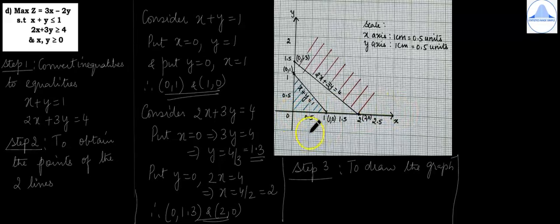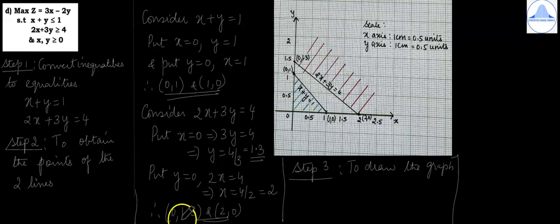On the x-axis I have taken 1 centimeter as 0.5 units. So first 0, then 0.5, 1, 1.5, 2, 2.5. Then on the y-axis also I have taken 0.5, 1, 1.5 and 2. So mark the first point (0, 1), that is here, and (1, 0) is here. Join both the points by a straight line and then write on the line x plus y is equal to